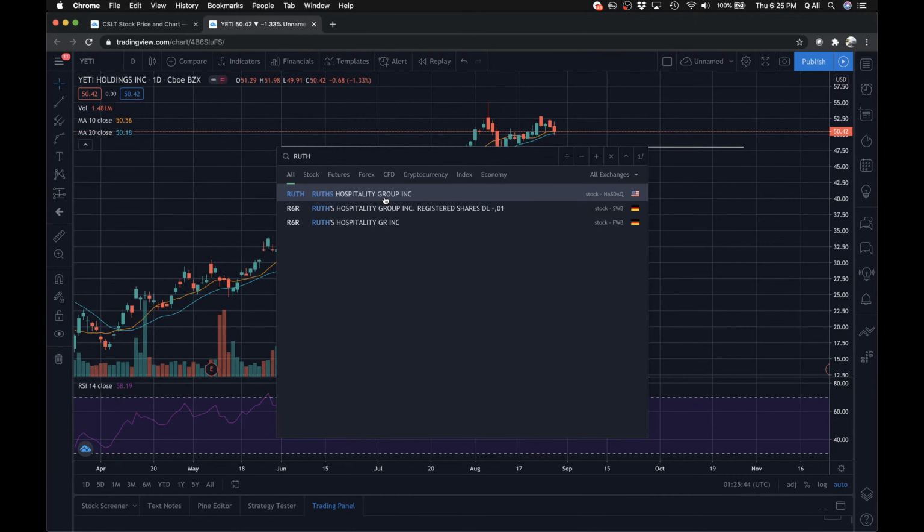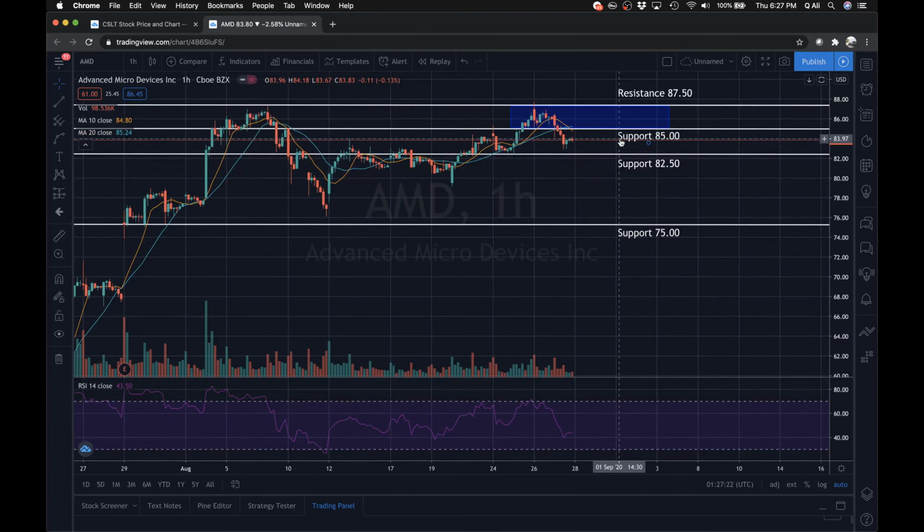Manny, the next chart is going to be AMD. Now AMD, yesterday we charted this out and we talked about the importance of this price range between 85 and 87.50. The stock broke below that price range today. A lot of traders may have been worried, but this is why we create different trading ranges for the stock. Now the stock broke out from the healthiest trading range, but it didn't